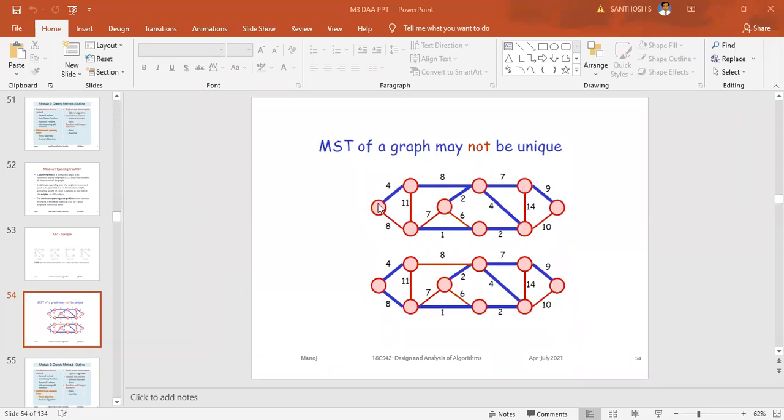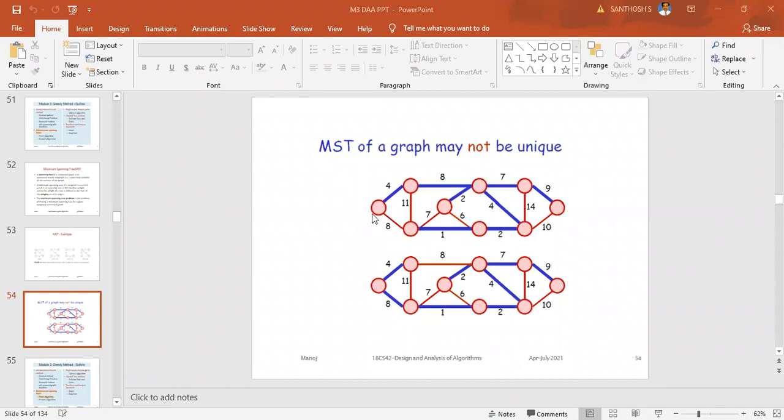In this one, this is taken as the source and this one is taken as the destination, because you are moving from left to right. So this is the source vertex, this is the destination vertex, and you have to travel from all the nodes. See the cost of each edge.